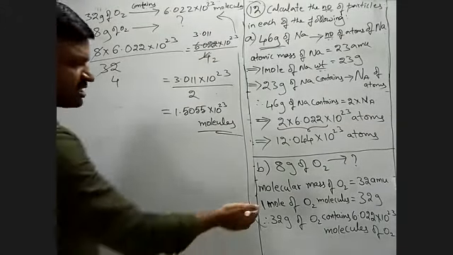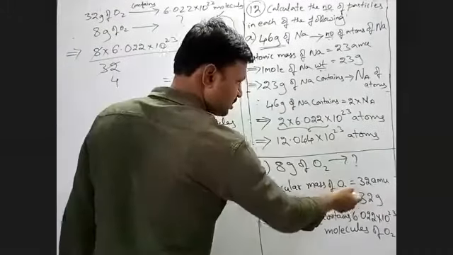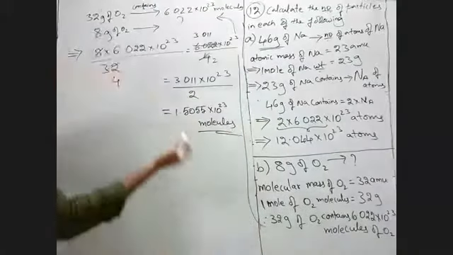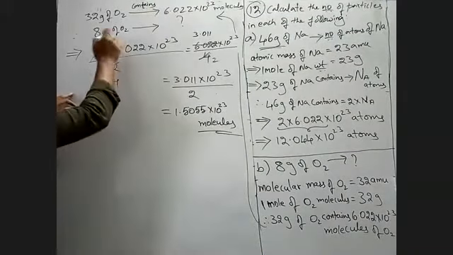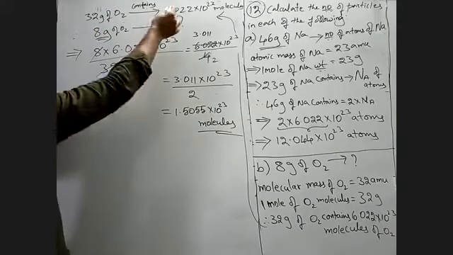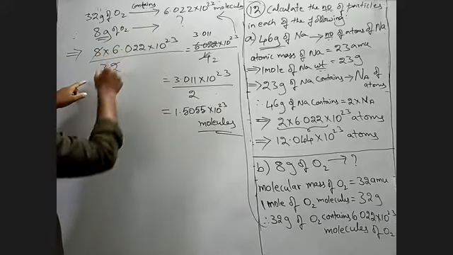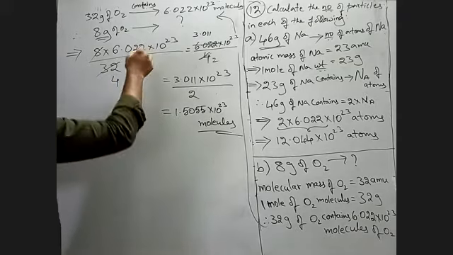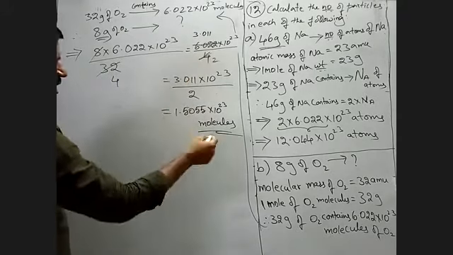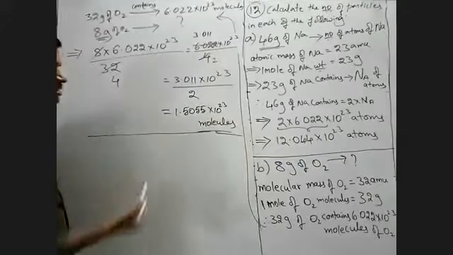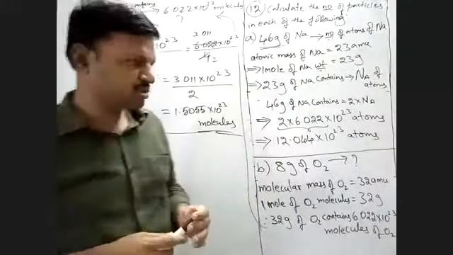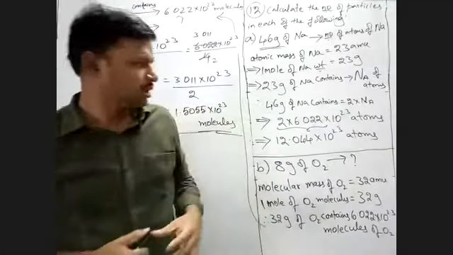Yes or no? So once again, molecular mass of oxygen is 32 AMU. 1 mole means 32 gram, so 32 grams contain this many. We need only 8 grams. So 8 into this one by 32, which is 1 by 4. So 1/4 of 6.022 from the calculation gives this many, or you can stop here also. So this much also you can write, 1.5. I hope you understood this. Better you keep practicing. We'll continue in the next class.